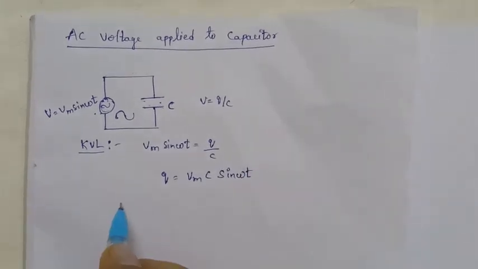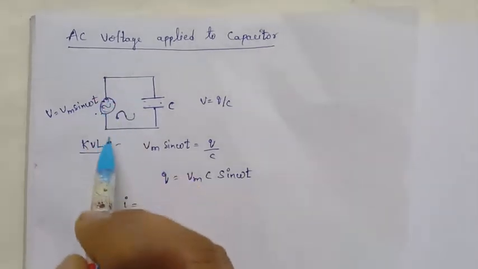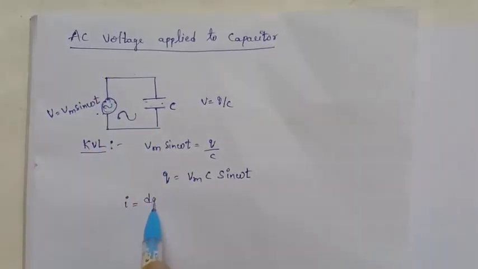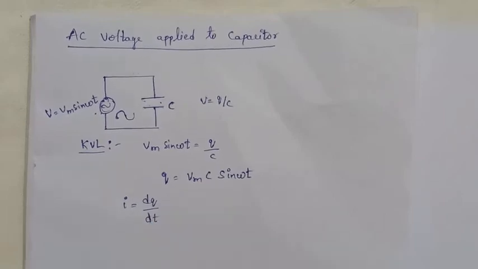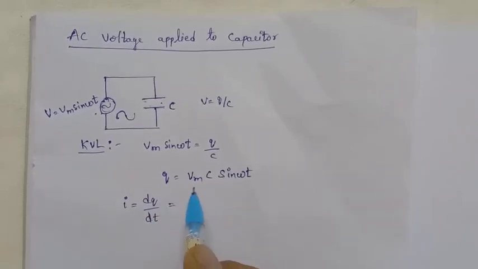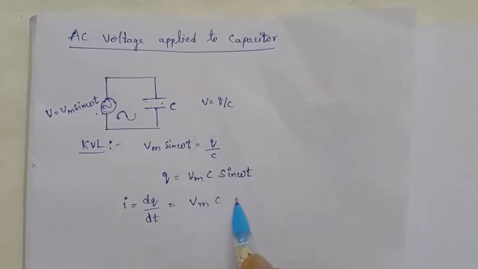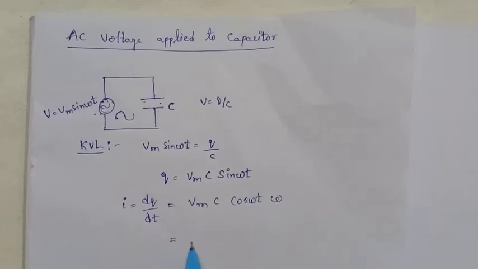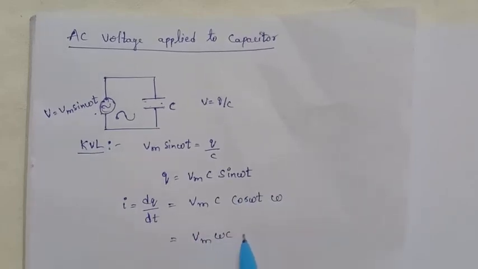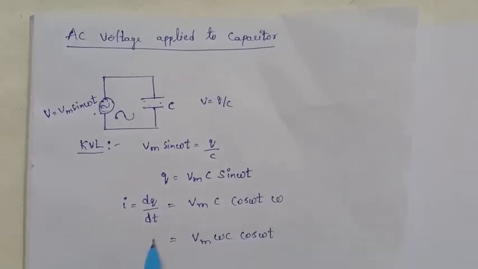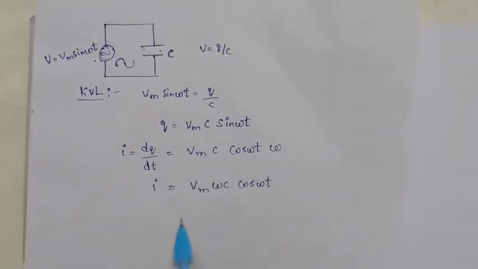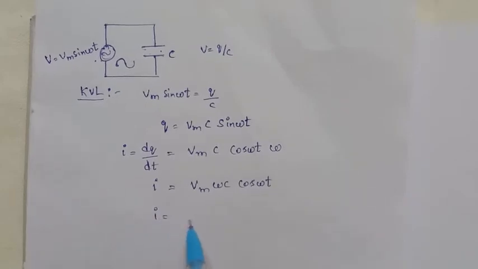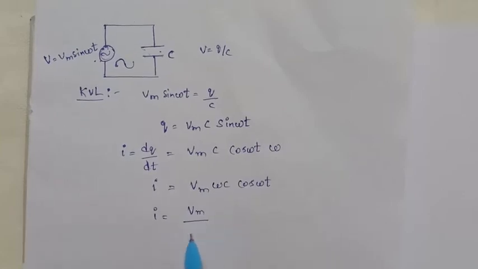What is the current flowing through this circuit? I = dq by dt. That means we differentiate the above equation: Vm C sin omega t becomes cos omega t, again times omega. That means simply I = Vm omega C cos omega t is the current flowing through this circuit. Then this equation can be changed from cos to sin. So Vm and this omega C can be written as 1 by omega C,